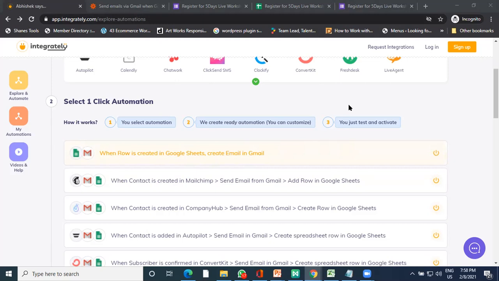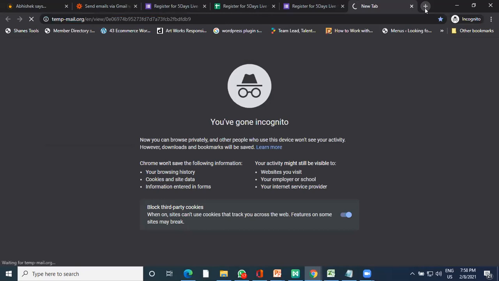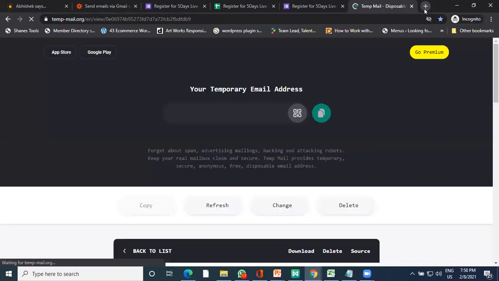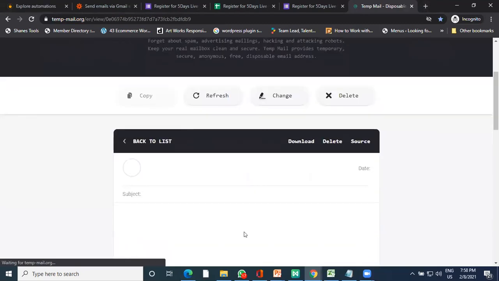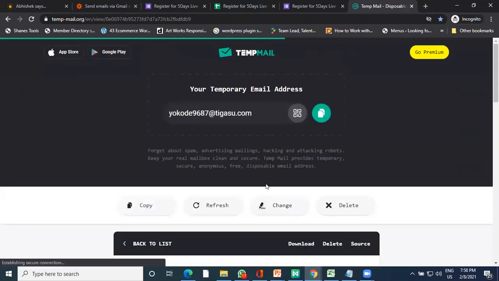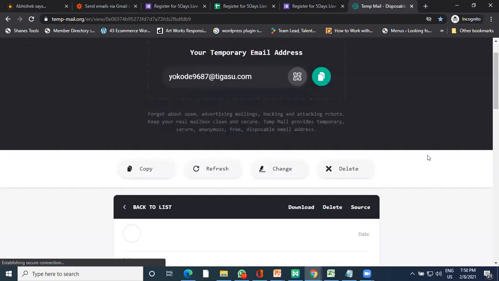And I'll tell you what, I've taught you guys, right? Temp email IDs. So many people are using this. I use it personally if I want to download a book, but I don't want to share my email ID with anyone. I use these temporary email IDs, and it immediately gives me details over here. So if Jatin sir is giving me a form and saying fill up the details and you'll receive an ebook, I'll put this email ID, I'll get the ebook over here, and I'll download the ebook, and this email ID is gone. Nobody is going to come over here again. So these kinds of things are used by a lot of people.